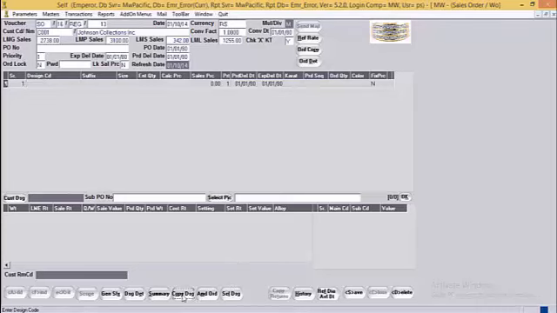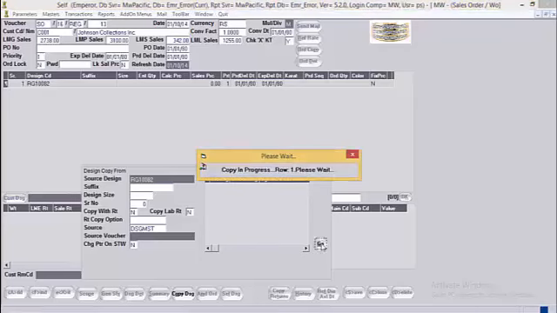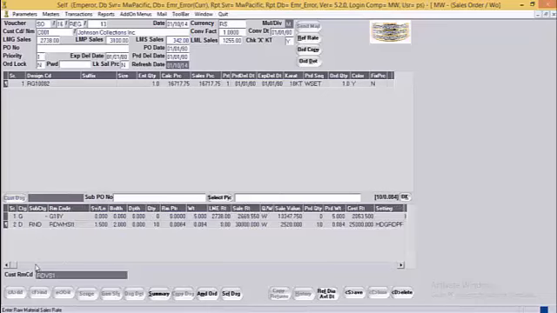Then the user needs to click on the copy design button. Here the source is design master, so the BOM details will get copied from the design master, and the rates will get copied from the rate charts. After getting the details of the BOM, that is bill of material, and the rates, the system will get the pricing for RG10082.